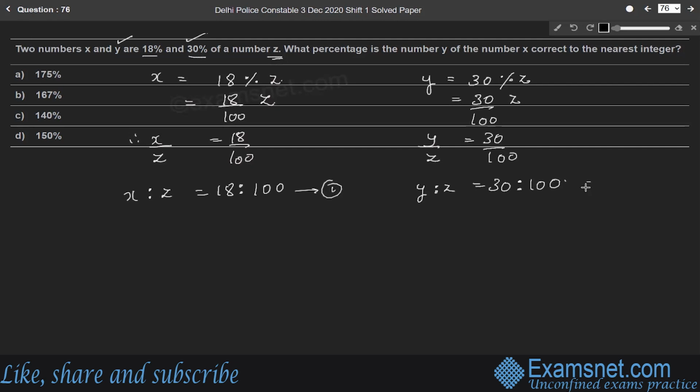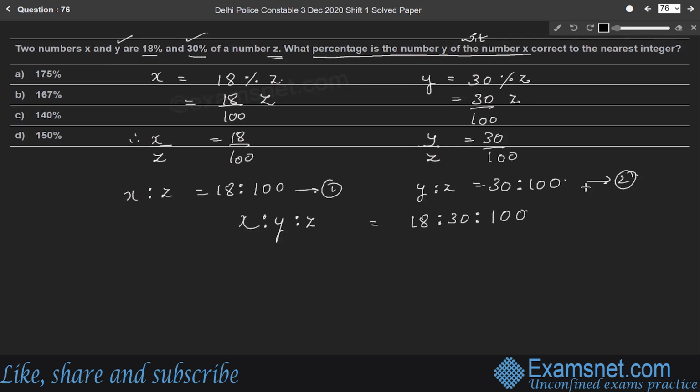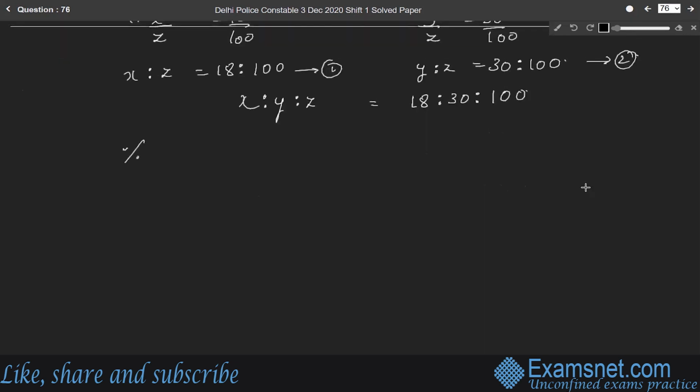So by combining these two, we can write x is to y is to z is equal to 18 is to 30 is to 100. So what is asked in the question? What percentage is the number y of the number x? So with respect to number x, percentage of y, right? So here, percentage of y with respect to x